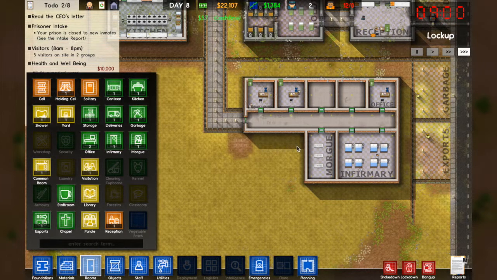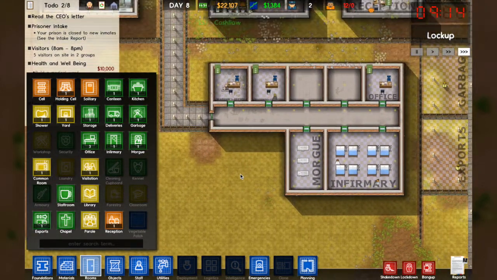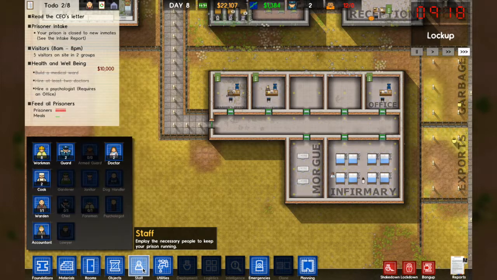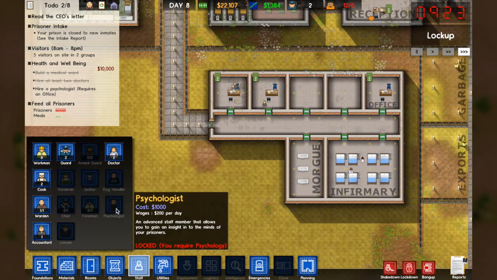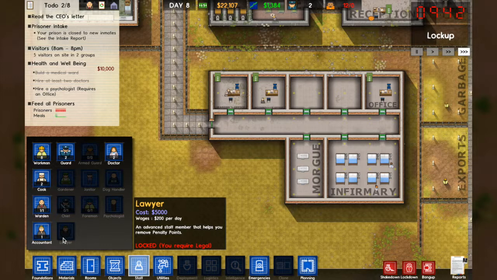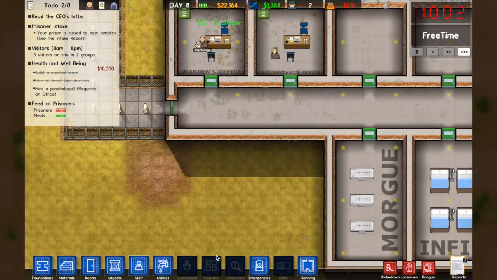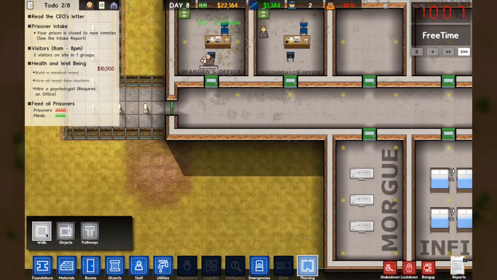I need 1, 2. I think if I put the... How many do I need? So, I need an office for the psychologist, an office for the foreman, an office for the chief. So there's 3 there. An office for the lawyer. And that's it. So, what I can do is, I can...